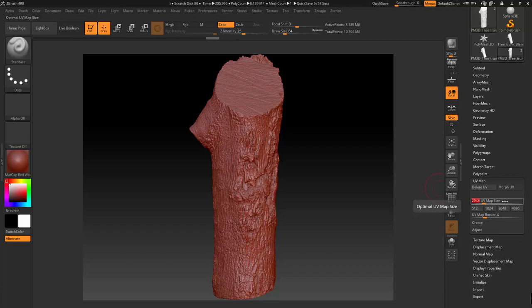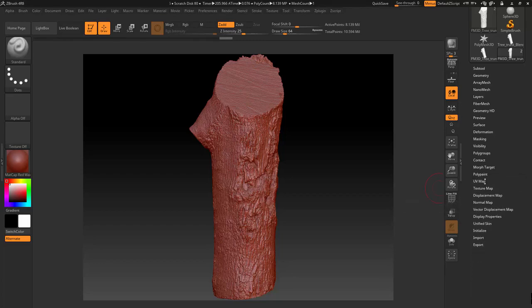I don't know how big, maybe 8K, but it will take too much time now to generate, so we will stick with 4K texture, and that is all here. And now go to the displacement map,